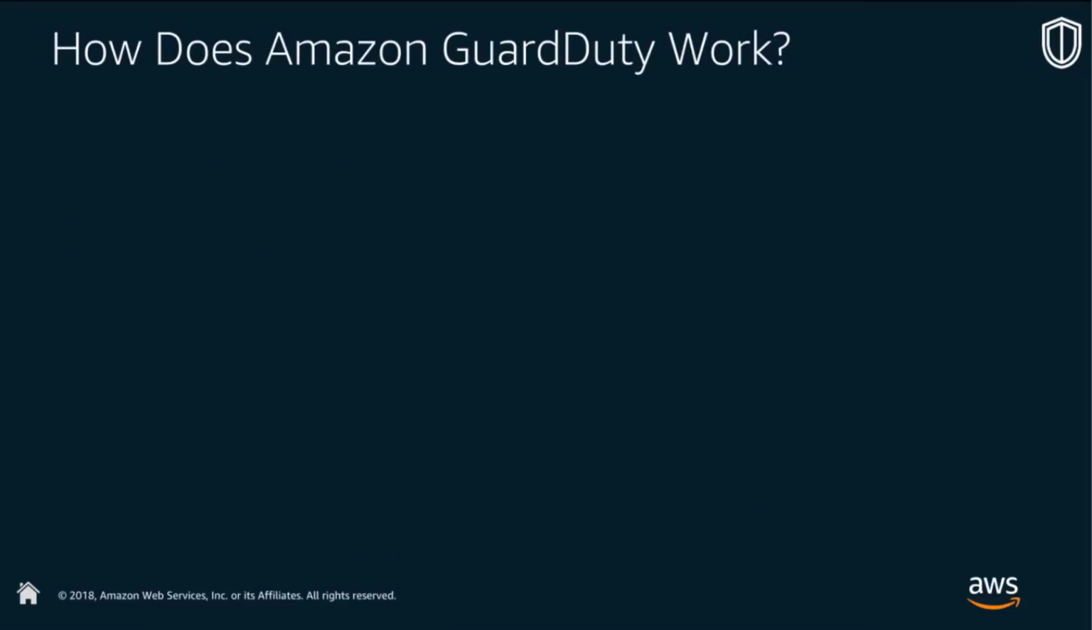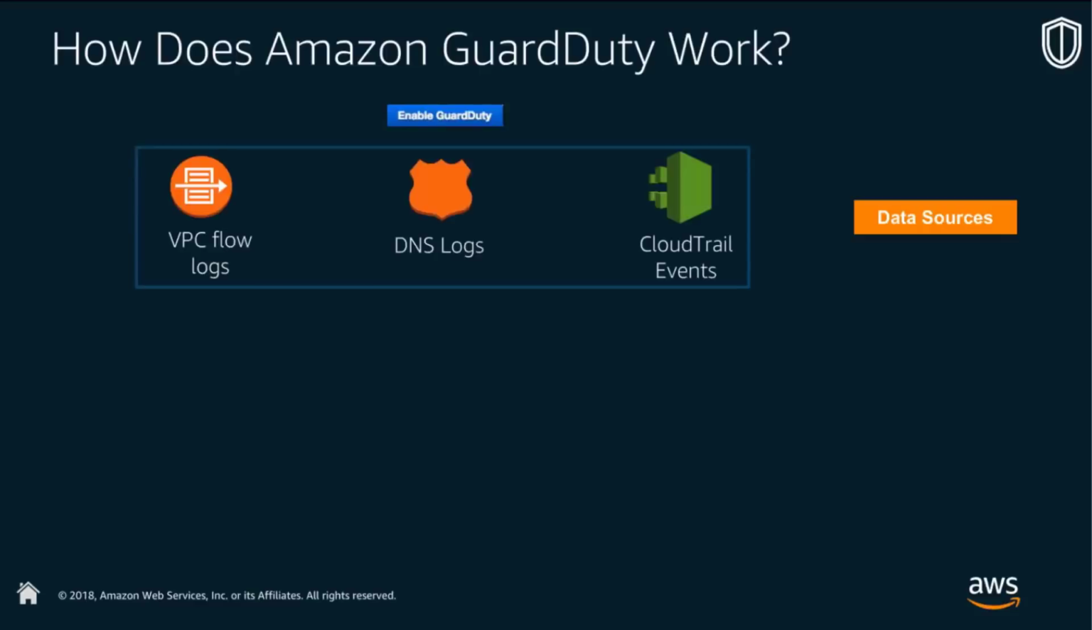So let's look at behind the scenes how GuardDuty actually does its detections, how it can actually perform its work. So first step is you enable GuardDuty, and we'll give you a screenshot of that, but it's really as simple as clicking a single button to enable it. And then as soon as you enable GuardDuty with a simple one click, it begins to ingest telemetry from 3